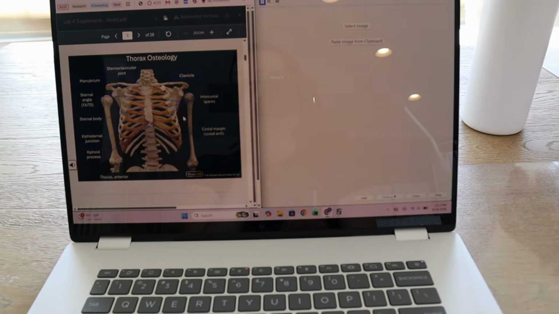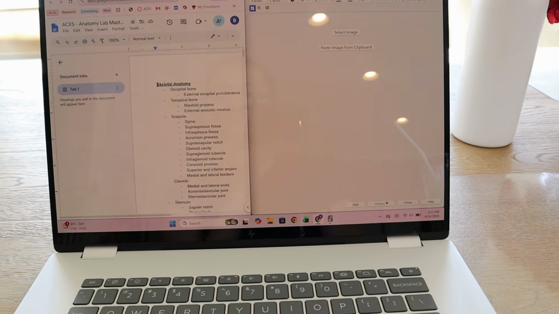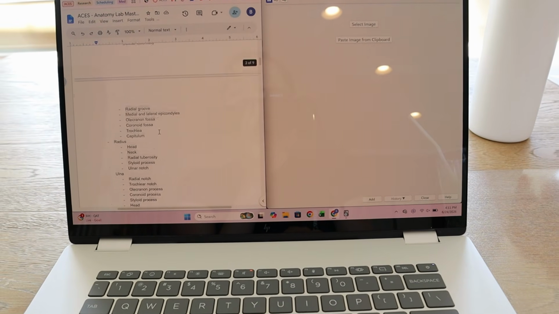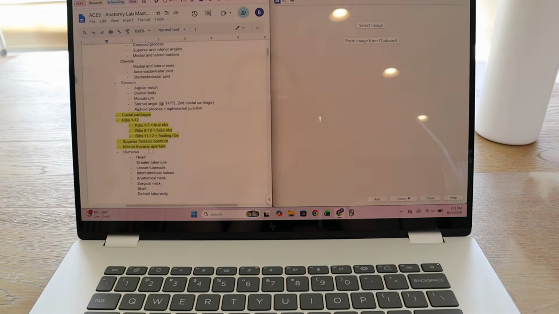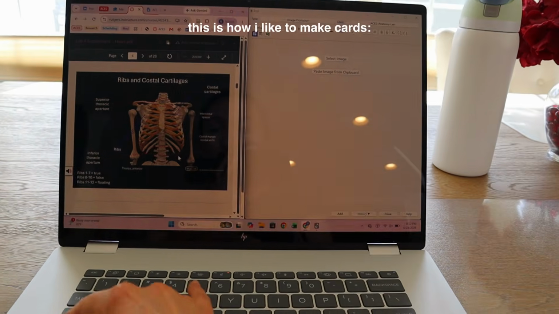Okay, so for the anatomy part of Anki, I like to refer to the structure list that they gave us, and of course I highlighted the ones I haven't added yet. So for example, this part,